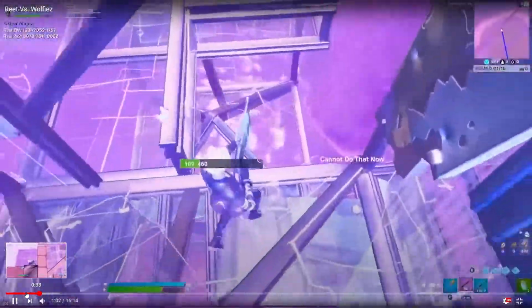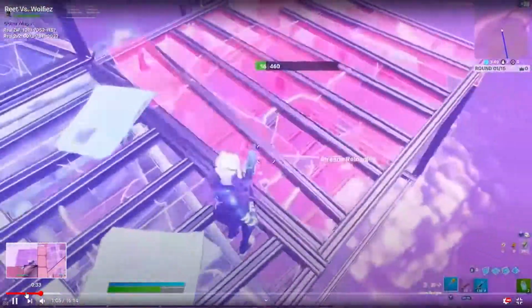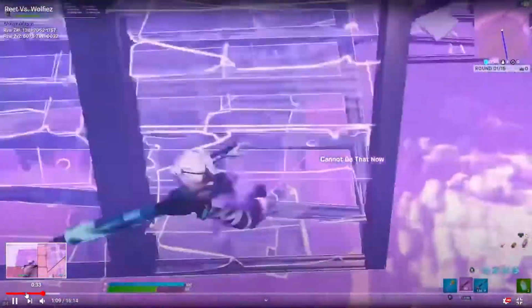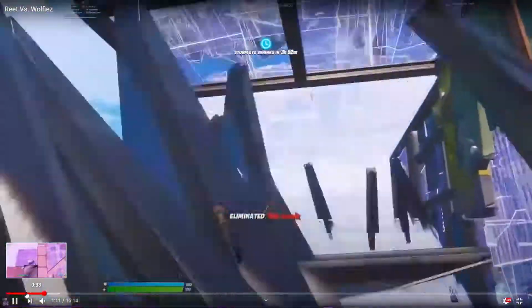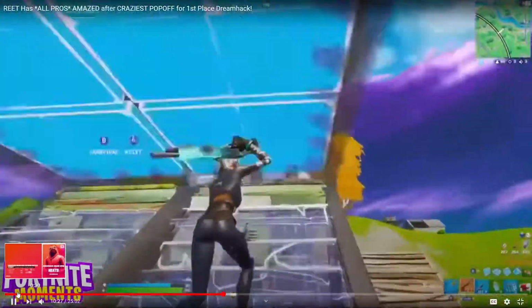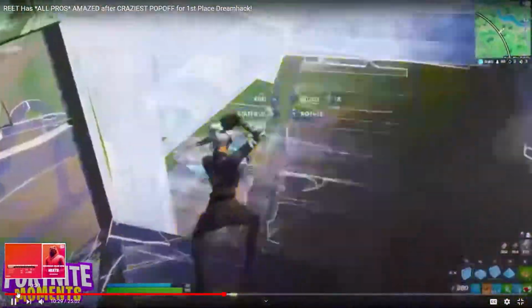So here you can see Reet triple edit down. Here he tries to do another double edit, but he moves. Here he does one more double edit and then he gets the kill. Oh my goodness. So in this next clip, watch how Reet immediately tries to edit to the side, place a